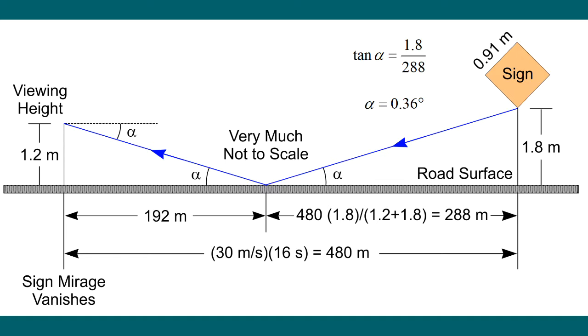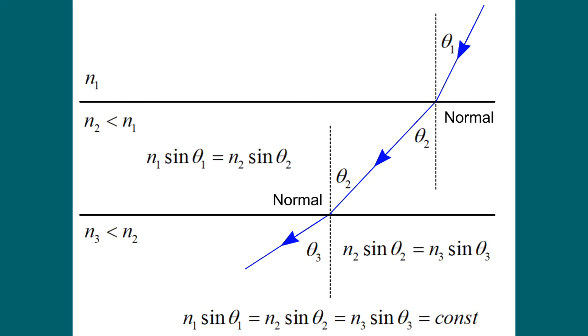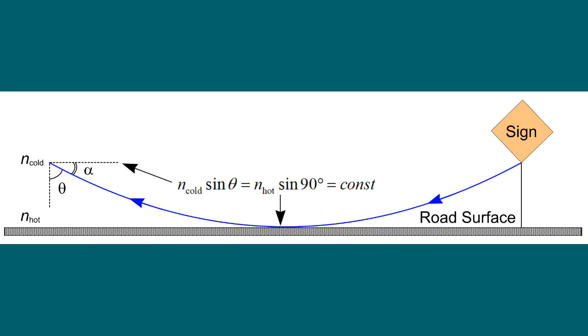Introducing refraction, the light bends away from the normal as it enters a medium with less index of refraction. The index of refraction of air reduces as the air gets warmer. Note that n times sine of theta is a constant. For the mirage, we have a gradient in the index of refraction. We have a cold temperature at the observer, the temperature from the weather station, and a hot temperature at the